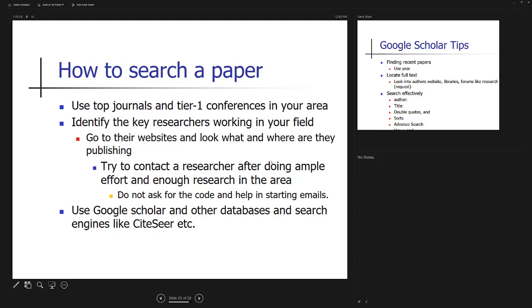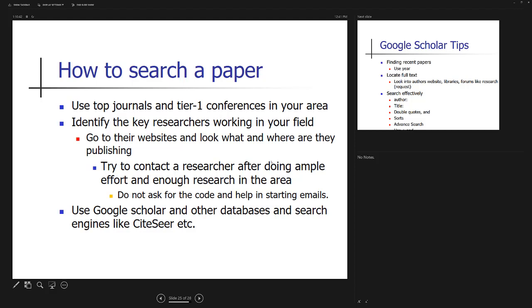Go to the latest proceedings of the tier 1 conferences, latest ones. So you can see there what the emerging trends are, what people are working on. Also identify the key researchers. How can you find the key researchers? Because if you downloaded the papers and people are citing, because in the first step you have to go through the citations as well.